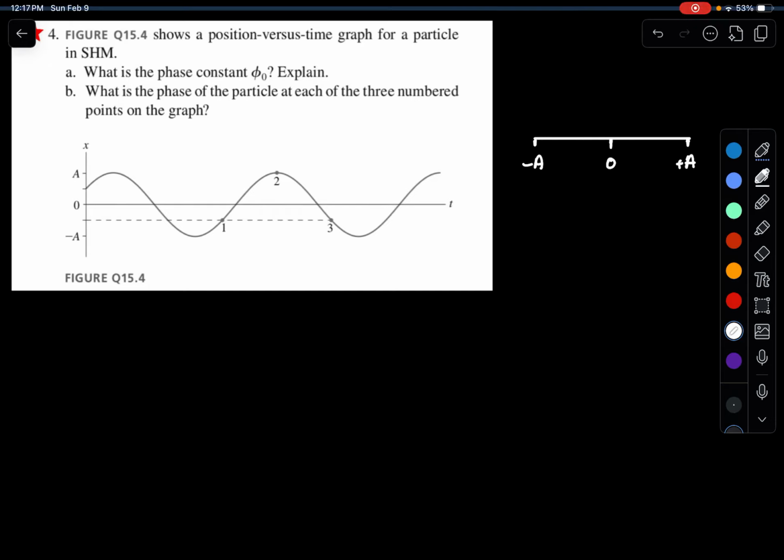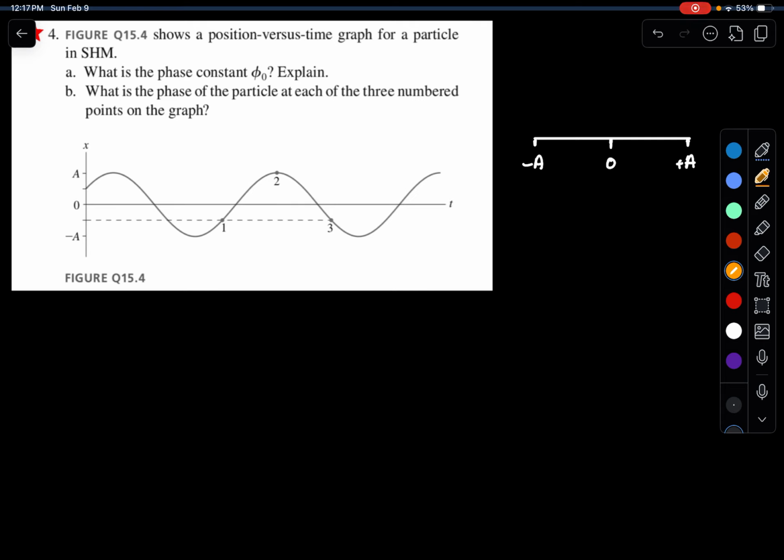Question for figure Q. Figure 15.4 shows a position versus time graph for a particle in SHM. A. What is the phase constant, phi 0? So in order to do this question, we need to write the equation for position versus time in